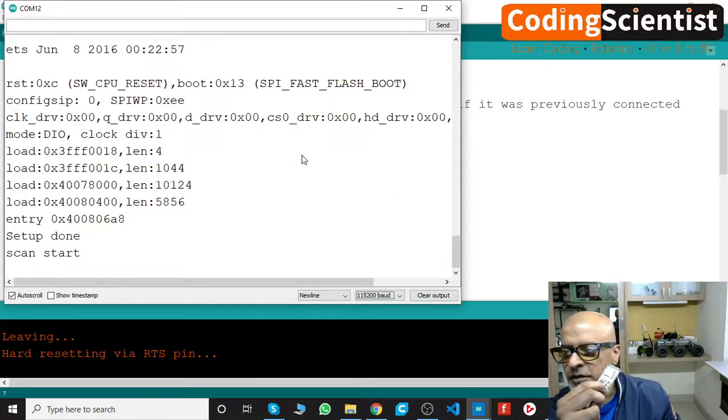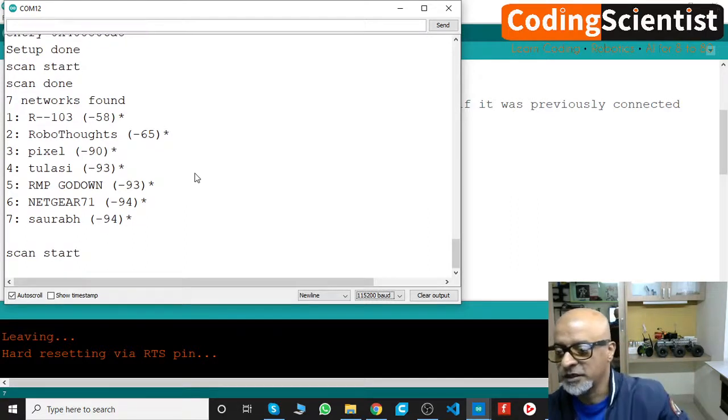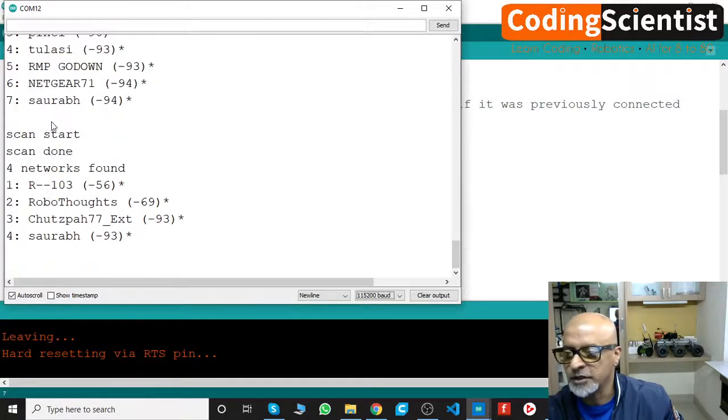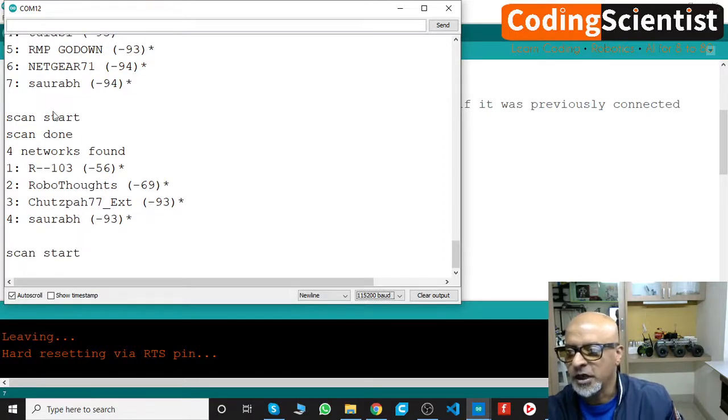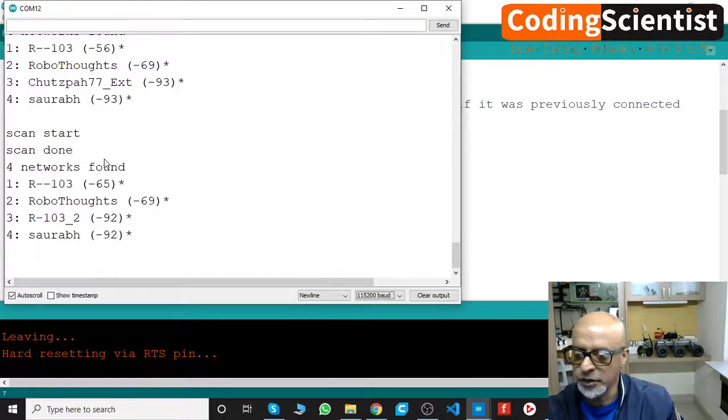Again it's showing the brownout error. Okay, setup done, scan start. Perfect. I think it is scanning. There you go. Perfect. This is how to troubleshoot, guys. Right now I can see my Wi-Fi network. You can see R dash 103 is my apartment, RoboThoughts is my office, and there are a couple of other neighbors. So I can see all the Wi-Fi is getting scanned here, which is